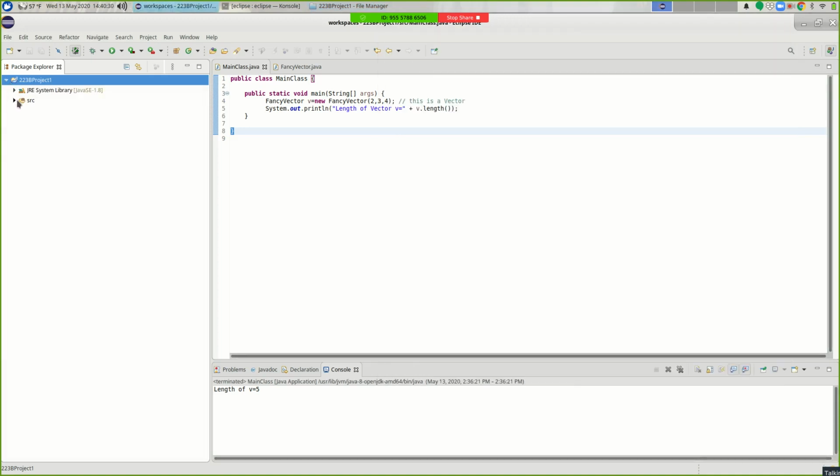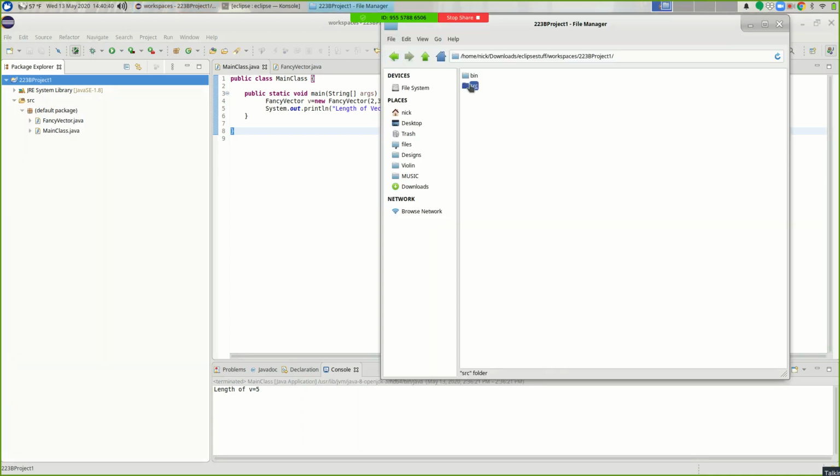Okay. I don't see the bin directory, but I see the source directory. And under the source directory, I have a default package, and I have fancy vector in main class. Okay. Here under the source directory, there's my Java classes, right? My source files. Under the bin, those are the compiled versions. Okay, that's where it compiles these Java files down to, so that I can run my code.